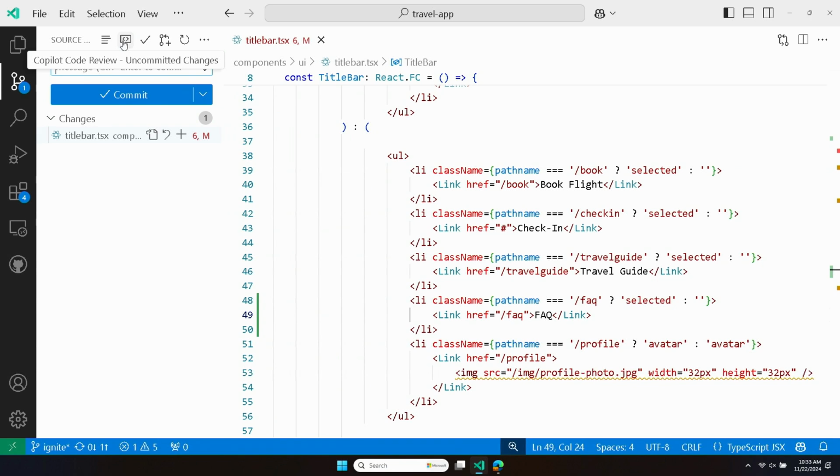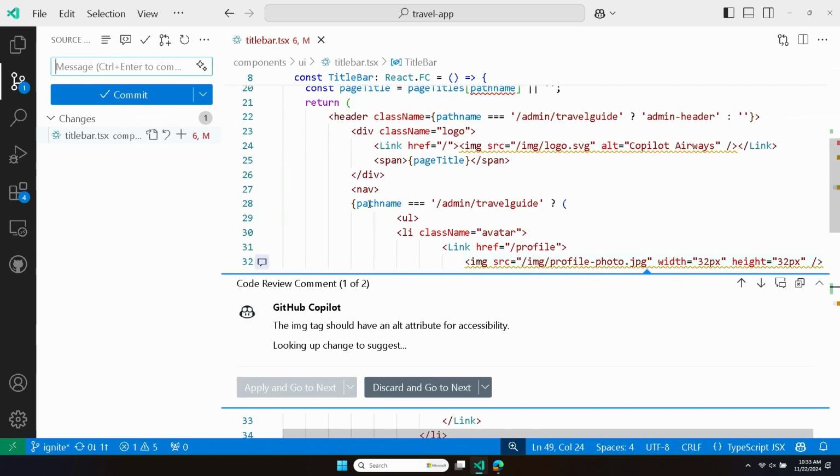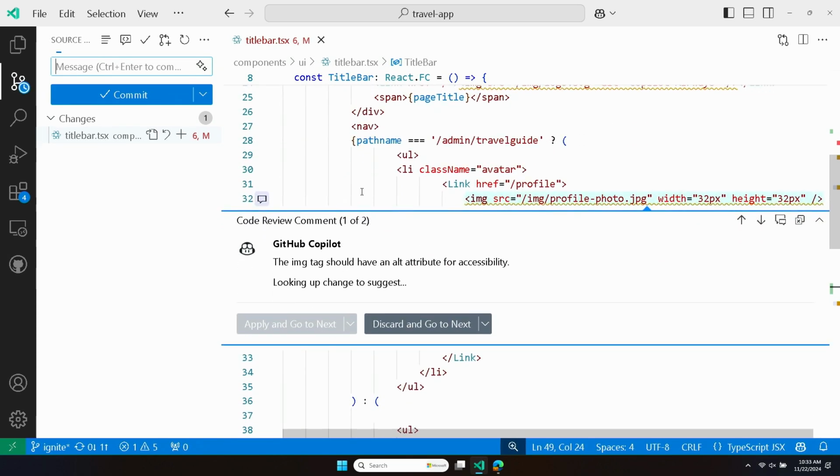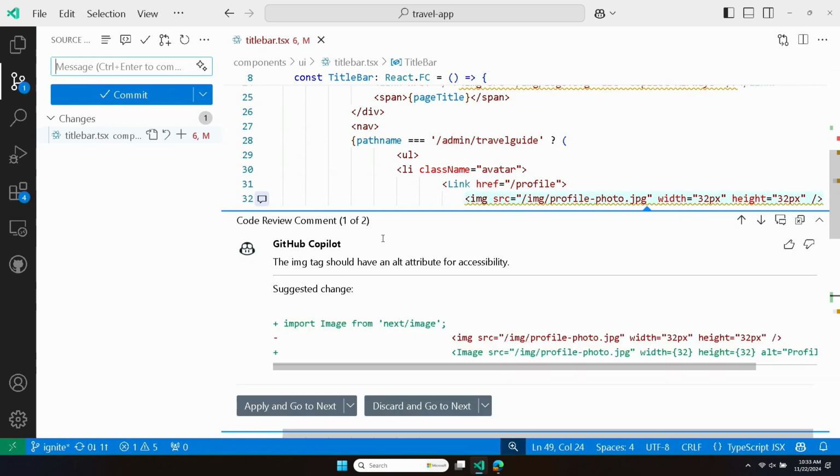And so it's really nice because before you go ahead and start the commit or the PR process, you can just get a little bit more feedback and review from Copilot to help you speed up that process. As I click on that, it's going to analyze the changes that I've introduced here, and they're changes that I actually introduced with Copilot's help. And here we go. Okay, so we can see that it's going to give me different code review comments, and I can choose if I'd like to go ahead and apply them, or if I'd like to discard them and continue exploring.